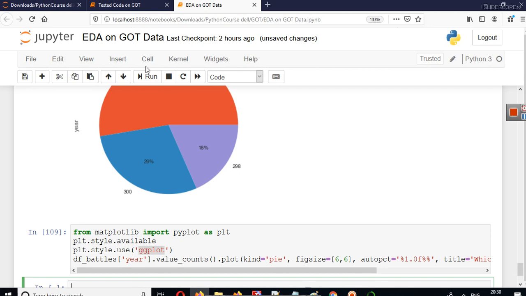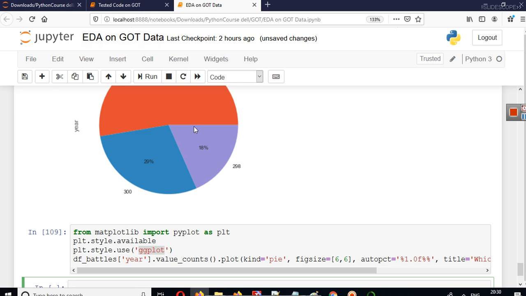This is an example I am explaining on Game of Thrones data. It can be any type of data and any type of report. Suppose you are writing blogs, and there you want to show some analysis to your blog readers, to your fans, you can do that.